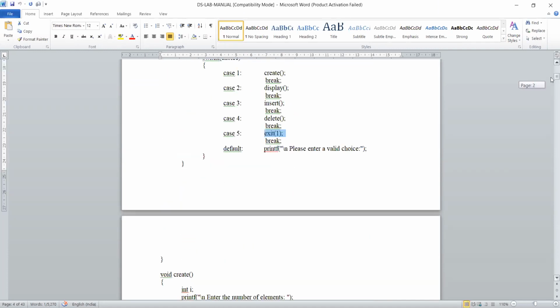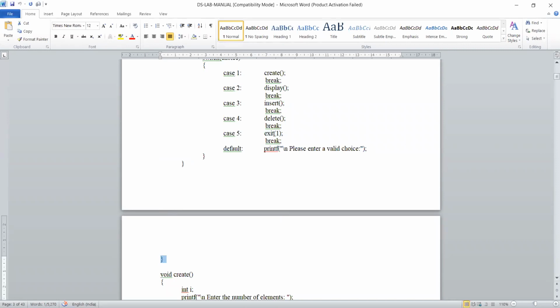Only these 4. Exit is an inbuilt function which will not come back to the loop. It will come out of the main program itself. It will come out of this while loop, and then finally the next statement is obviously the closing braces, so it will come out of main also.